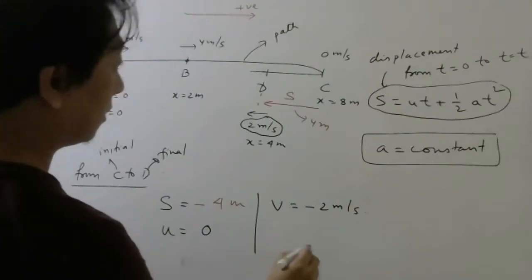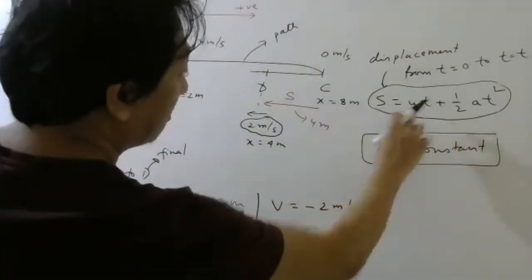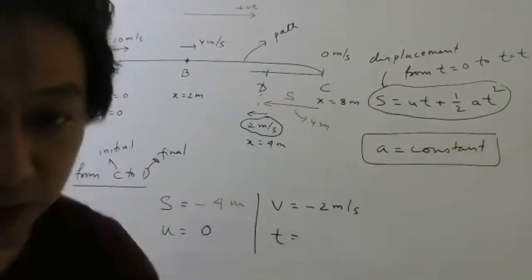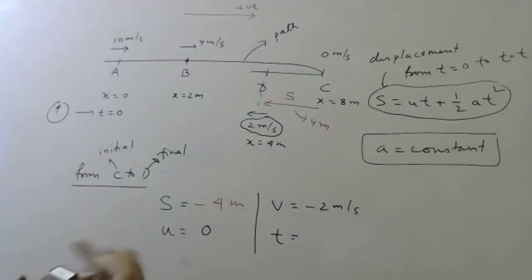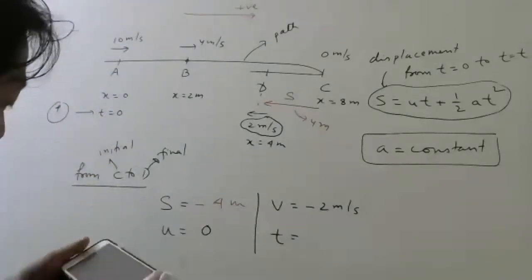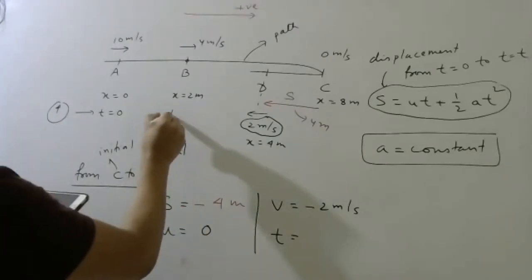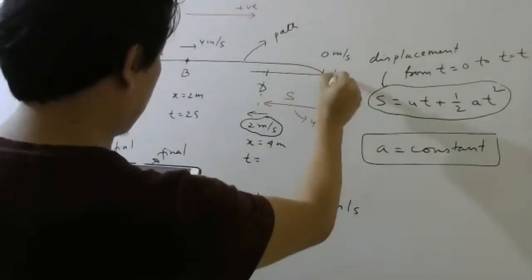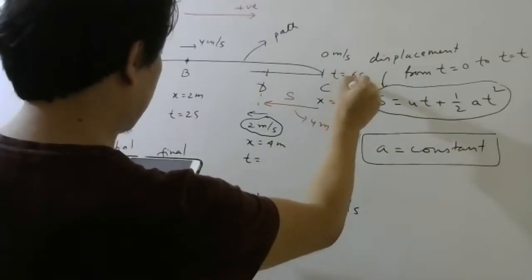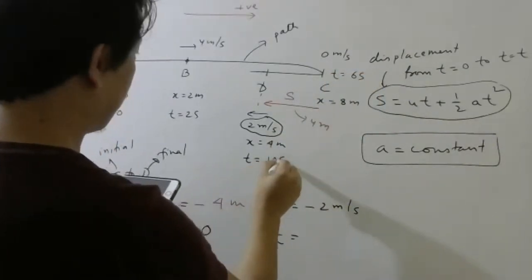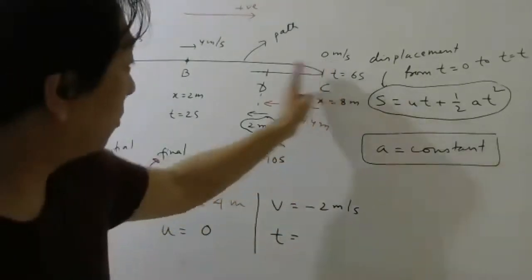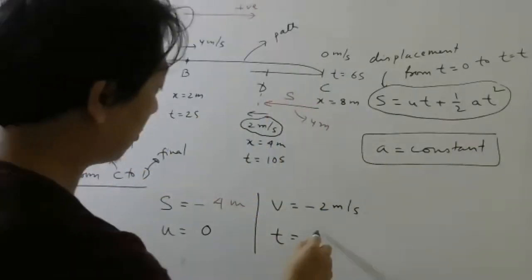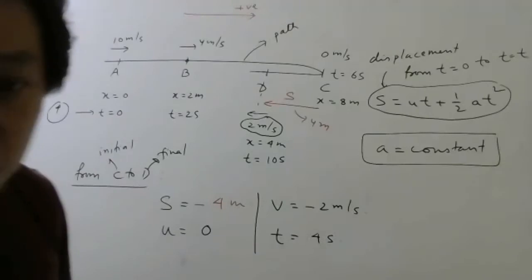Okay. Time taken. T is time taken, remember. What was the time here? Oh, I did not write the time. I forgot to write it. What was the clock showing? Here it was 2 seconds. First it will go there, no? Here it was 6 seconds and here it was 10 seconds. So from here to here, the clock went from the 6 second mark to the 10 second mark, so it will be 4 seconds. Time is positive, remember, all the time.